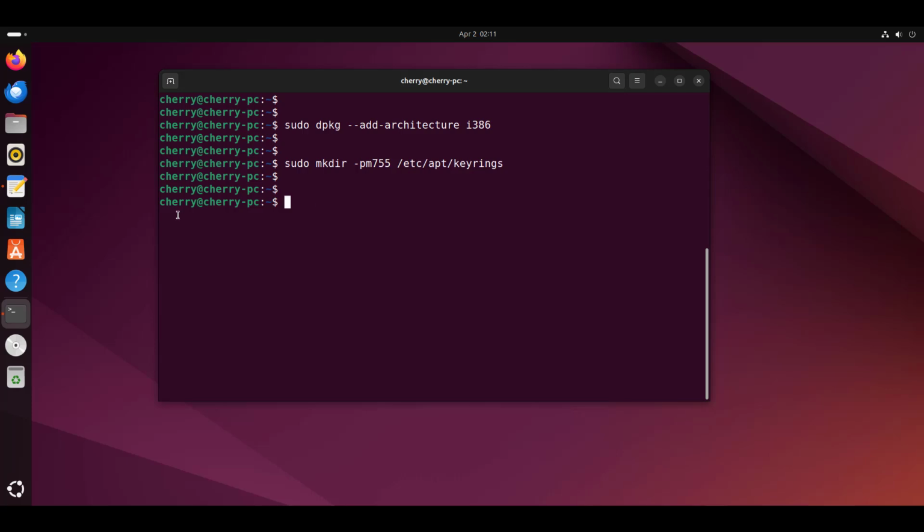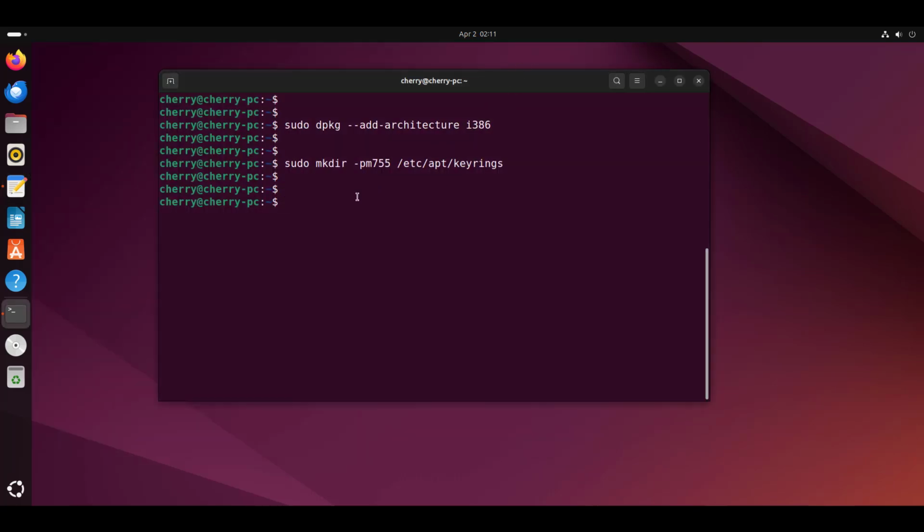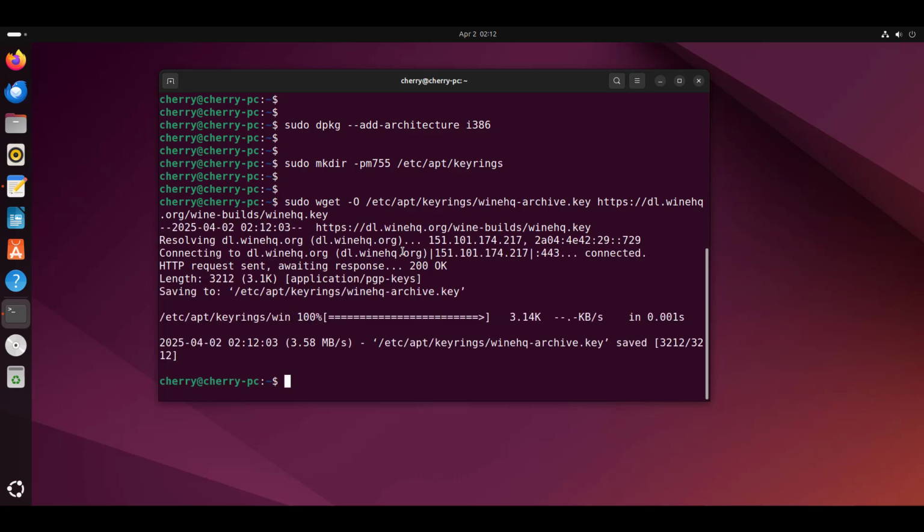All right, now the next step is to download the GPG key from the official Wine repository. So we're going to run this wget command here, which will download and store the keyrings or the GPG key in this directory here. Okay, so I'm going to paste this command and hit enter. Okay, so as you can see here, the GPG key has been